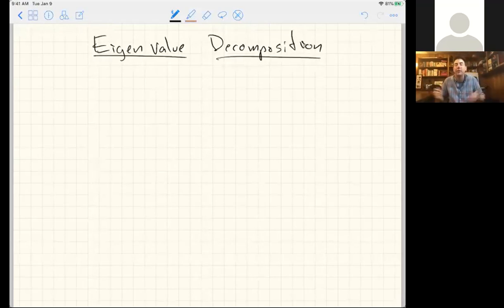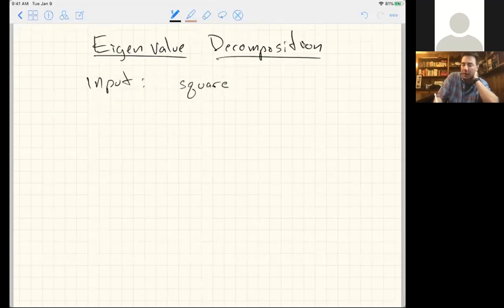Okay, so the eigenvalue decomposition is more likely to have been taught in a linear algebra class than the SVD, but I view it as a more restricted version of the singular value decomposition. But the relation between these is actually very, very tight. Okay, and the way to think about this is, the input is a square matrix. We'll call this M, and for now we'll say this is a D by D square matrix. Okay, and then an eigenvalue and eigenvector